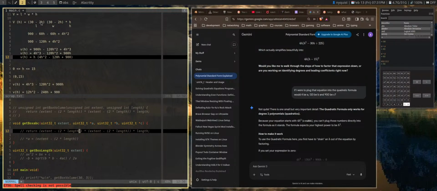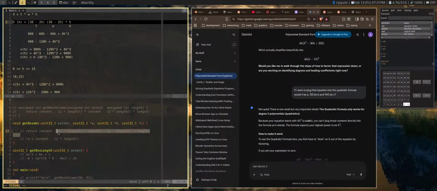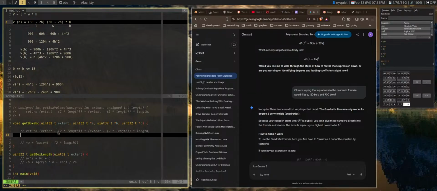I'm really thinking. I think what I'll have to do is literally as if I was solving this. So I'll have to do 32 times h. I think I know how to solve this. It's a little interesting, but we know our extent, so we're going to have to do extent. It's almost like times extent